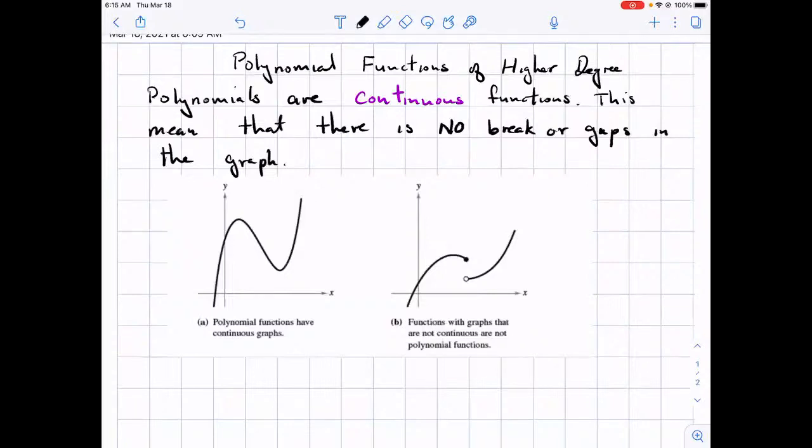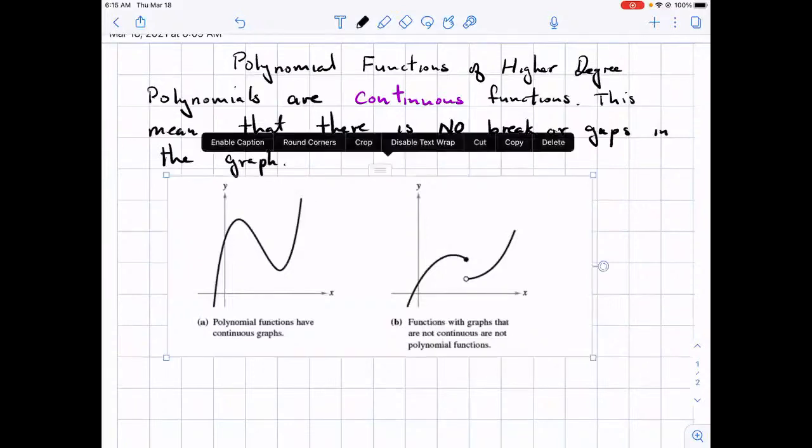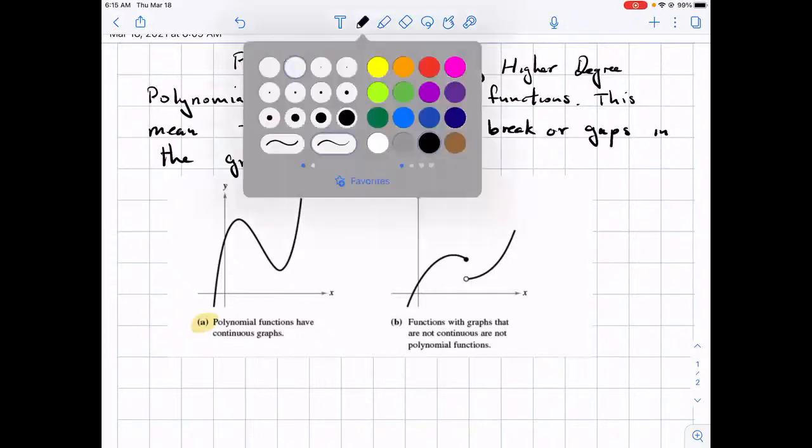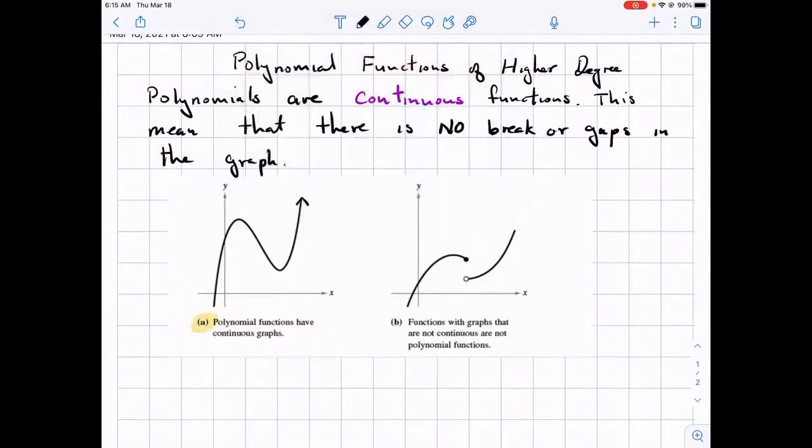So if we look at the picture of these two graphs that I have, you will notice that on the first picture, on picture A, the graph is continuous. There are no gaps in the graph. This function A is continuous. If you look at picture B,